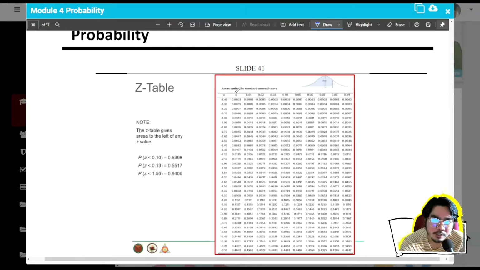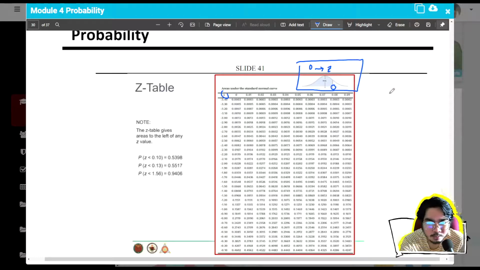If you look at this, the z value right here is ito siya, no? This is the z value. So, depending on what the table looks like, usually meron tayong picture na nakalagay dito, no? And yung picture will tell you kung ano yung exact area na mini-measure niya. So, in this particular case, this is a table that measures 0 to z. So, mini-measure niya yung area under the curve from 0 to z, where 0 is yung pinaka-leftmost tail up to the point z. So if you have, for example, yung z value mo, again, itong z value is the x-axis, no? So kung z value mo is, let's say,